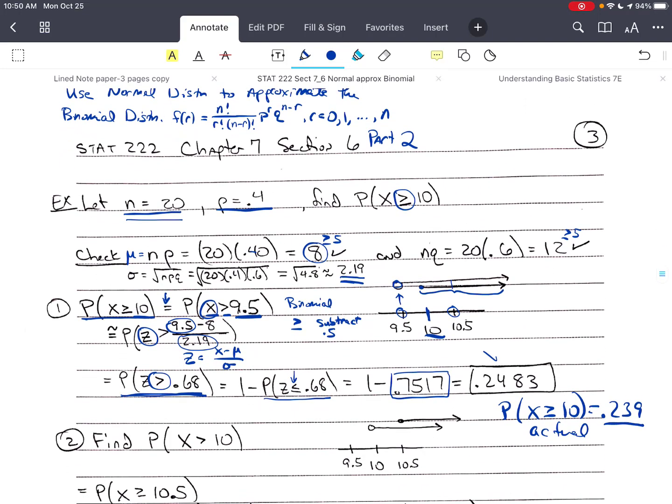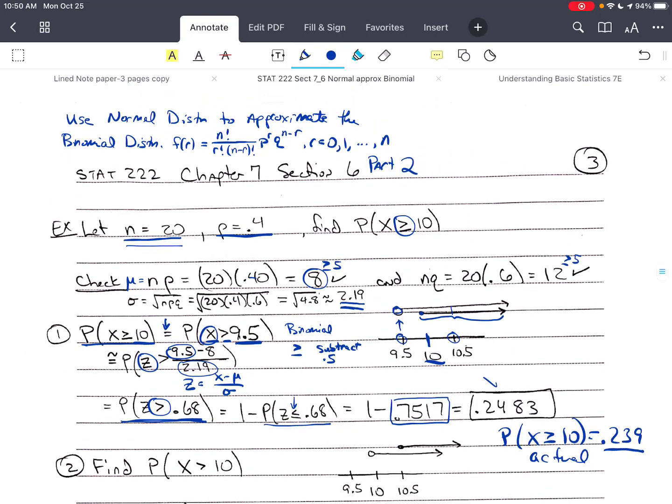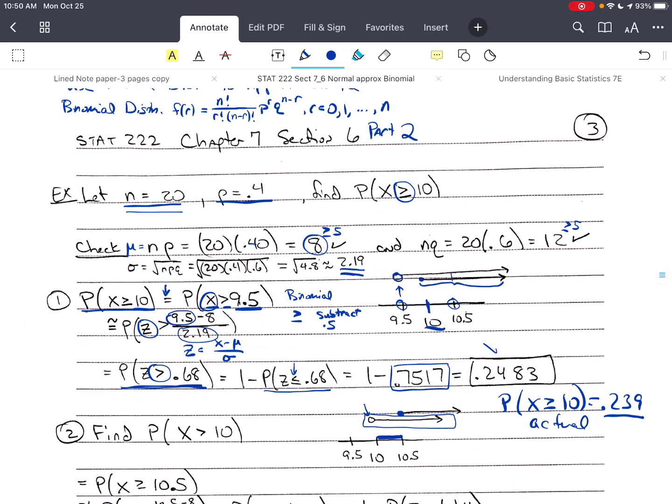Now, we just want to find the probability that x is greater than 10, not greater than or equal to 10. Well, it's helpful for me to draw a number line and use the correct notation. Greater than 10 means that I have an open circle here, so I do not include that. Remember that there is no probability between 10 and 11, but especially not between there and 10.5. So if I use greater than or equal to 10.5,